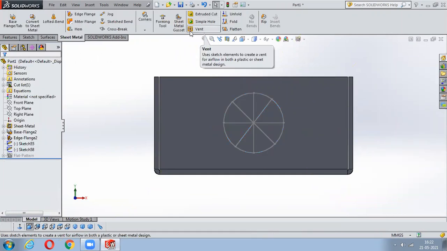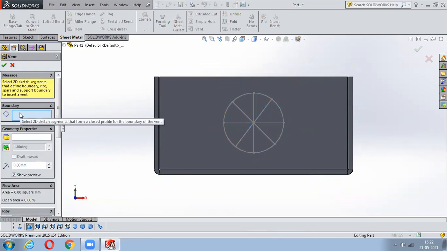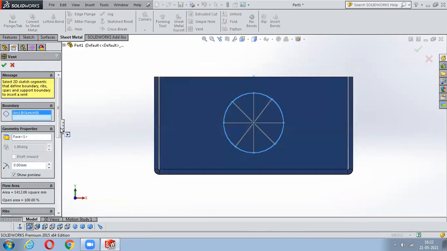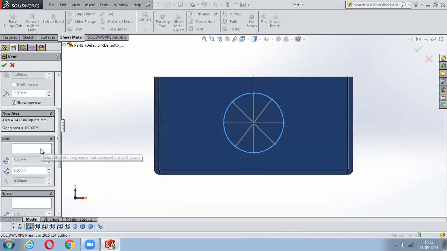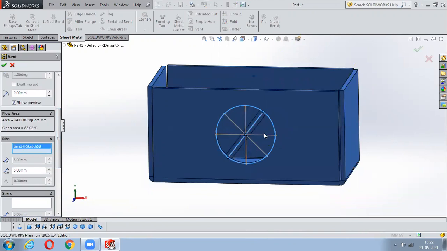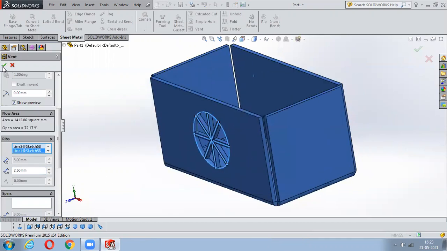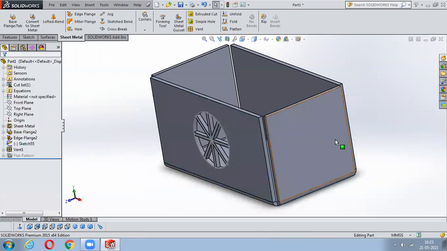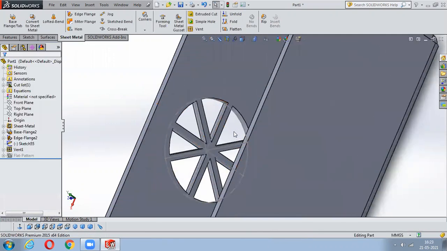Now I'll just move to this vent. So here now it is asking me for a boundary. So this will be my boundary. And if I come down, you can notice there is a thing called ribs here. So just select this ribs and just go on selecting these things. And you can notice the thickness is being added to that one, right? So now you can vary the thickness of the ribs and all. So I'll just make it some 2.5 mm. See? So once it is done, just say okay to this. And you can notice a vent has been created. Got it?